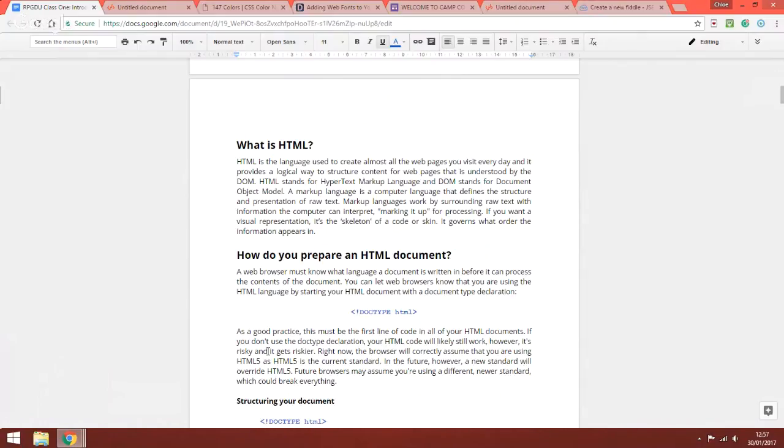It should give you the footing that you need to get into the course, and we will build on this course for the rest of Camp Codo. So, without further ado,